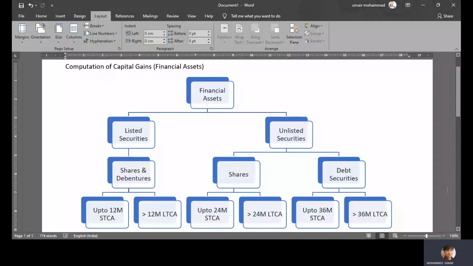Good morning. So let's work out another illustration on computation of capital gain, and this is for financial assets. We have already done an illustration in the last class. So let's do a couple more illustrations just to make your understanding clearer and more precise. This is the chart which will aid you in understanding the computational aspect of capital gain pertaining to financial